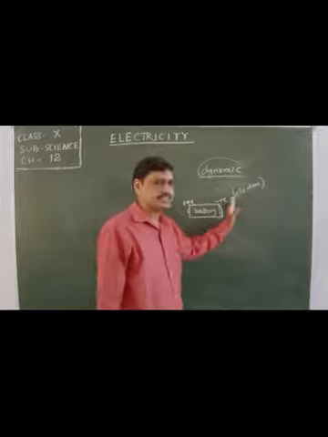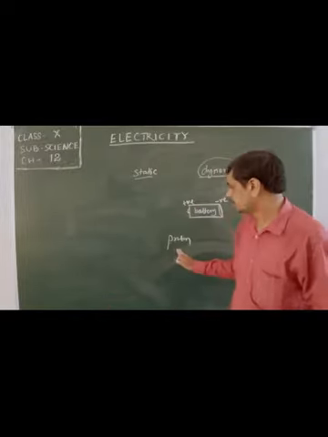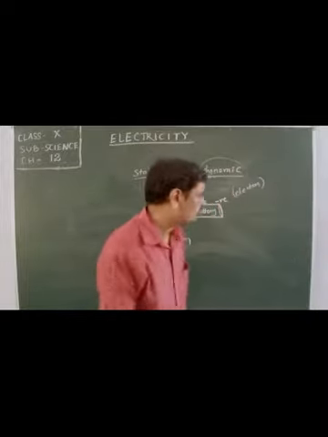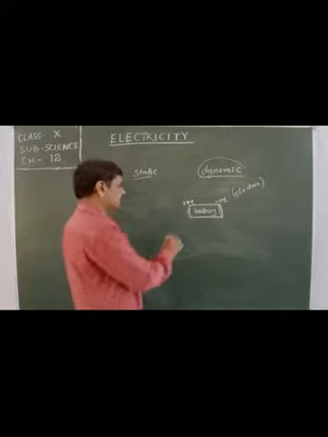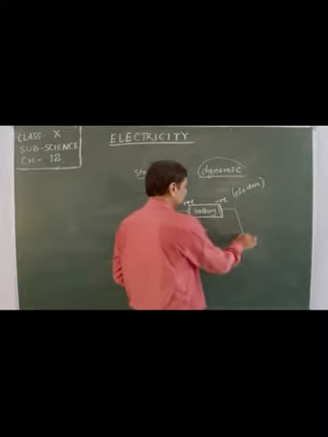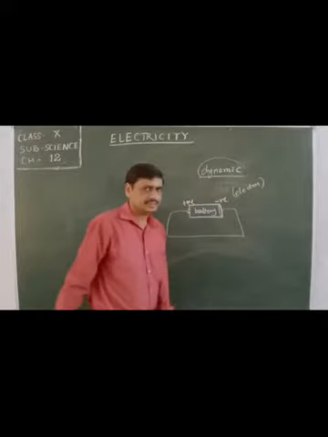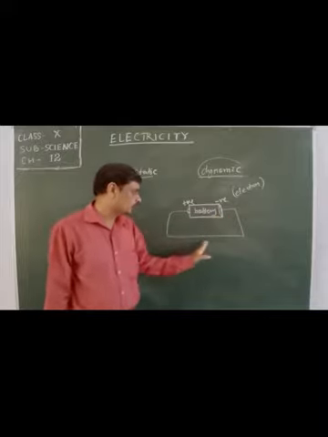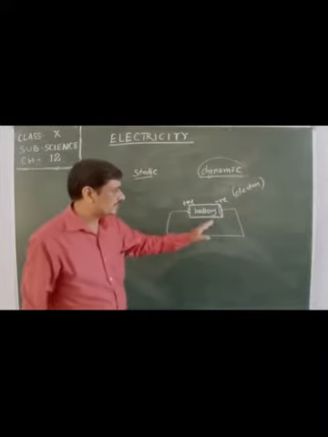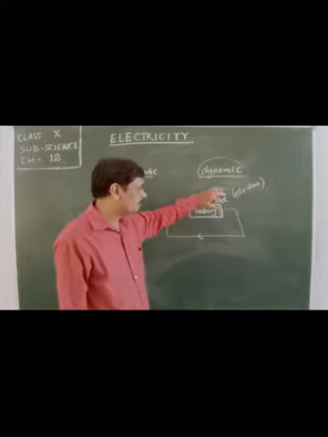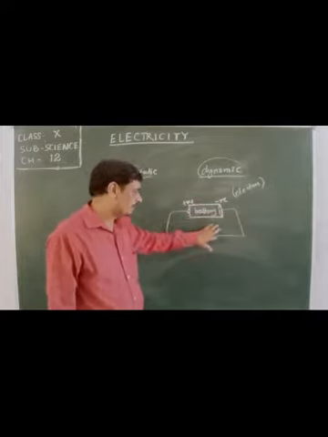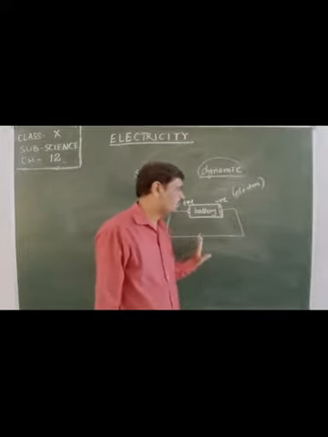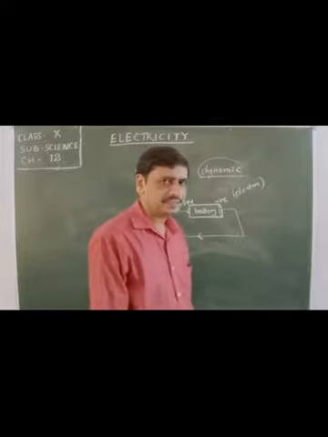If we compare electron and proton, the positive terminal has more protons, that is fewer electrons. If both positive and negative are connected through a conducting wire, then the electrons start to move from the negative end towards the positive end. The electrons pass from the negative terminal towards the positive terminal through the conducting wire, and the current forms. In this case, it is said to be electronic current.